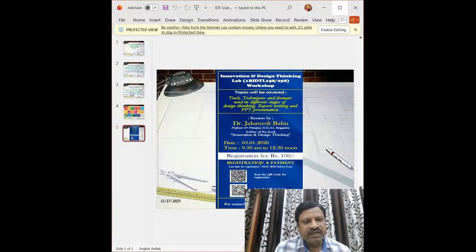You can see the link for the registration as well as the payment. It is a merely nominal price of 100 rupees, and it is worthy to know the tools and techniques of design thinking,